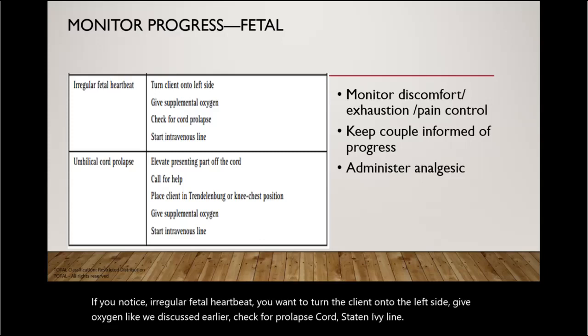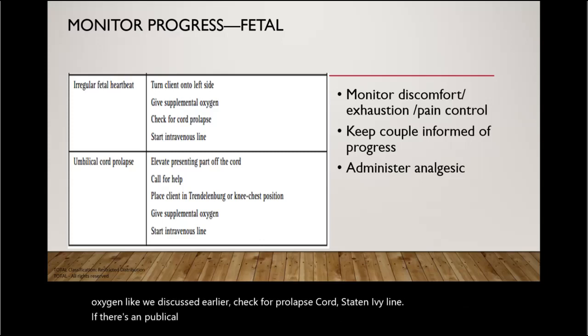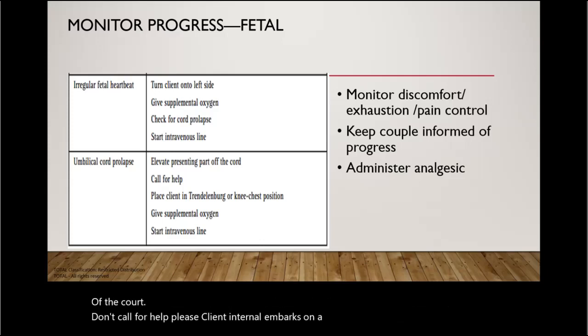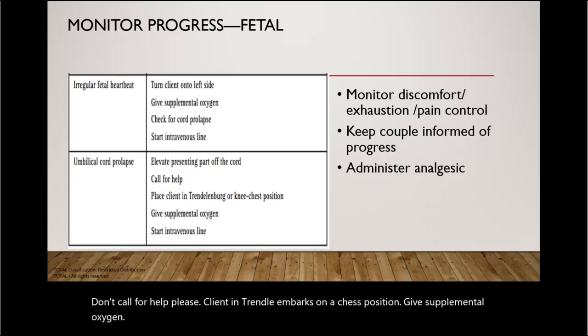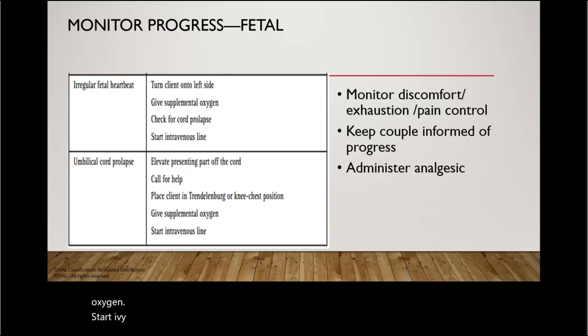If there's an umbilical cord prolapse, you want to elevate the presenting part to relieve pressure of the cord. You want to call for help, place the client in Trendelenburg or knee-chest position, give supplemental oxygen, and start an IV line. Again, monitor for discomfort, exhaustion, pain control, and you want to support the client in her choice of